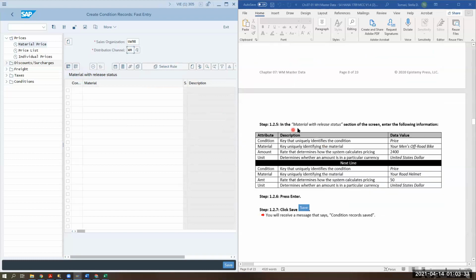And then it says in the material with release status section, enter the following information. So I'm going to look at this table a little bit, and it tells me I really have 2 lines. Something has to be in the first line, some things have to be in the second line. It tells me where my attributes need to be: condition, material, and it looks like I have to find